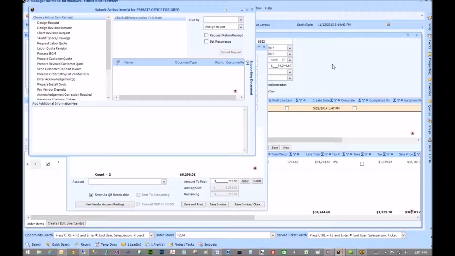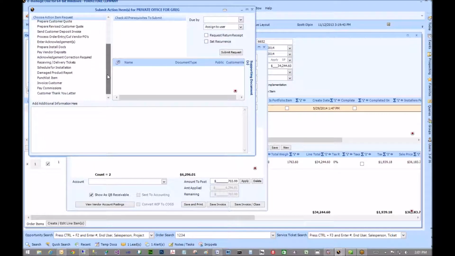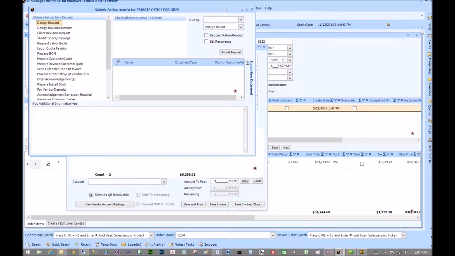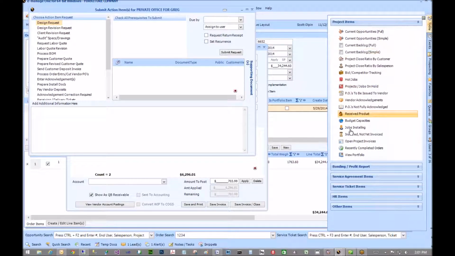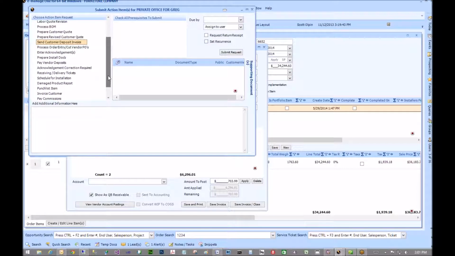We have action item requests where the person receiving would say, well, there's a couple different things actually. If you've received it, there's a today screen over here that says received product, which is a list of all your received product. Okay, or the best thing to do is actually create an action item to send a customer invoice. Right. So the way we do it is